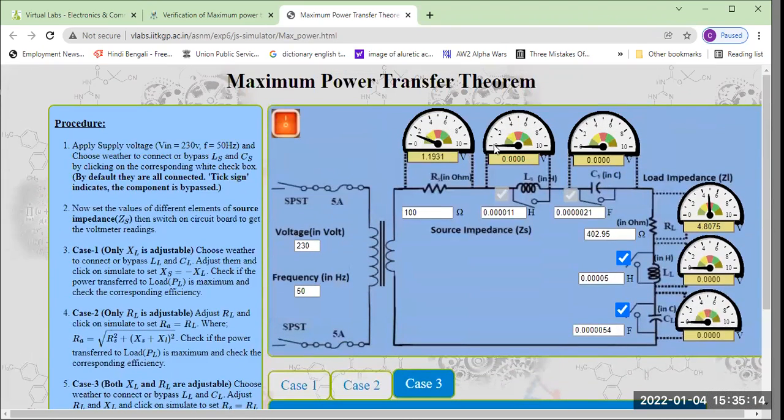So it will be damped. So in this way, we have to adjust. Our load should be getting maximum power. So this is the main objective of maximum power. But in practical cases, somewhere you have to